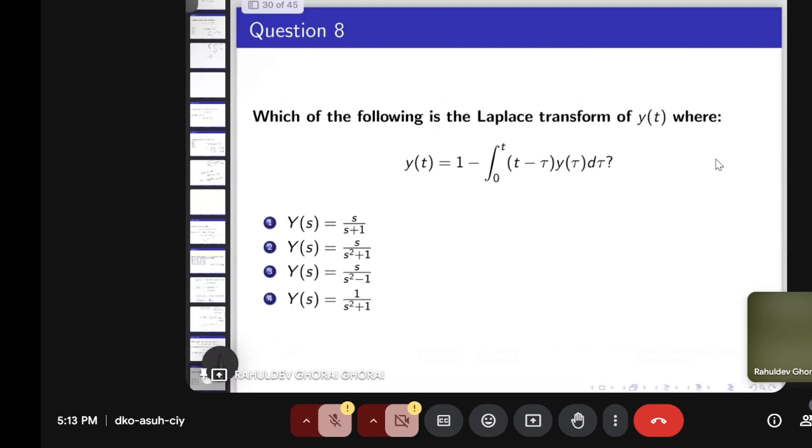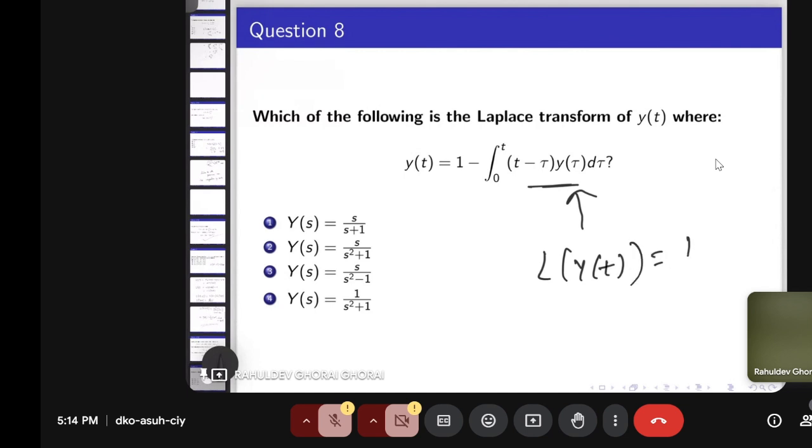Then I will move to the eighth question. The eighth question says y(t) equals 1 minus the integral from 0 to t of (t minus tau) y(tau) d tau. What is this? This one is the convolution f star g, right? If you take the Laplace transform on both sides, this will give you L of y(t)